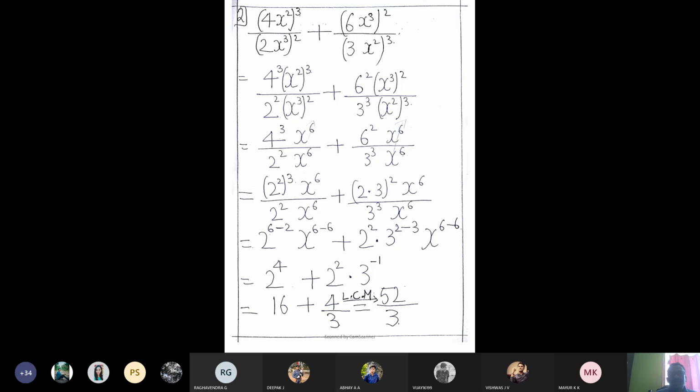A power m by a power n, that law you have to apply, and a power m power n you have to apply. Two laws you are going to apply, and then the mere simplification. That's it. Simplify and then tell me. I will not interfere with you. I will not disturb you. I will not question you unless you have a doubt. Unless you disturb me, I will not disturb you.